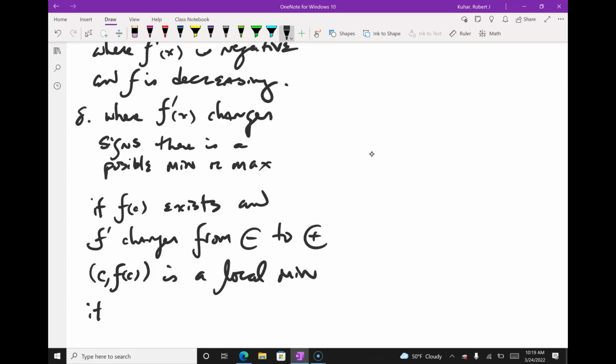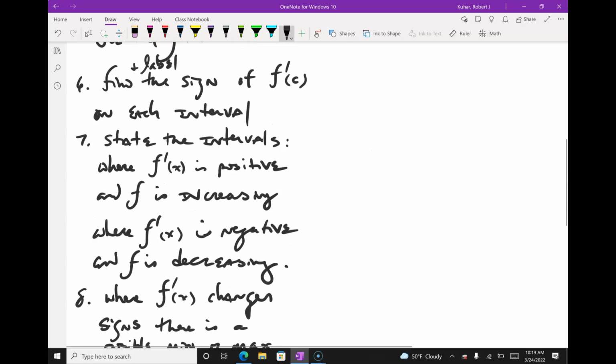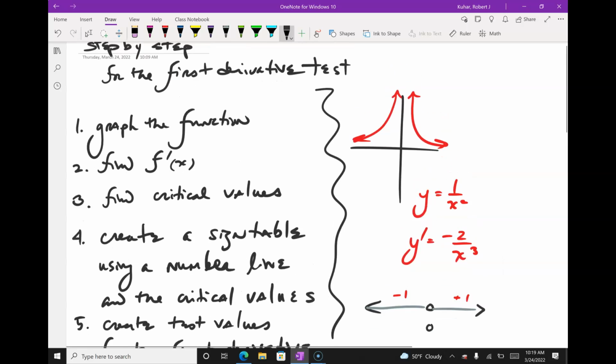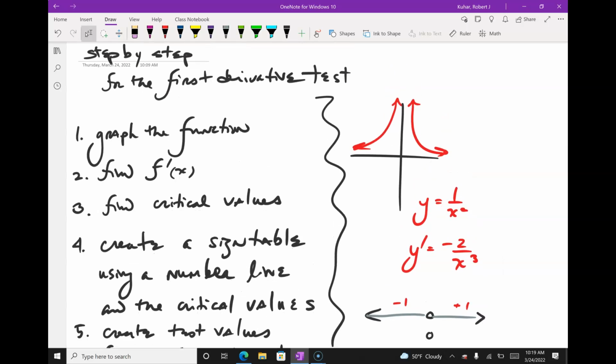So on number 8, it says, when it changes, there's a possible min or max. When wouldn't there be a min or max? When it's a partition. So at 0, so notice,